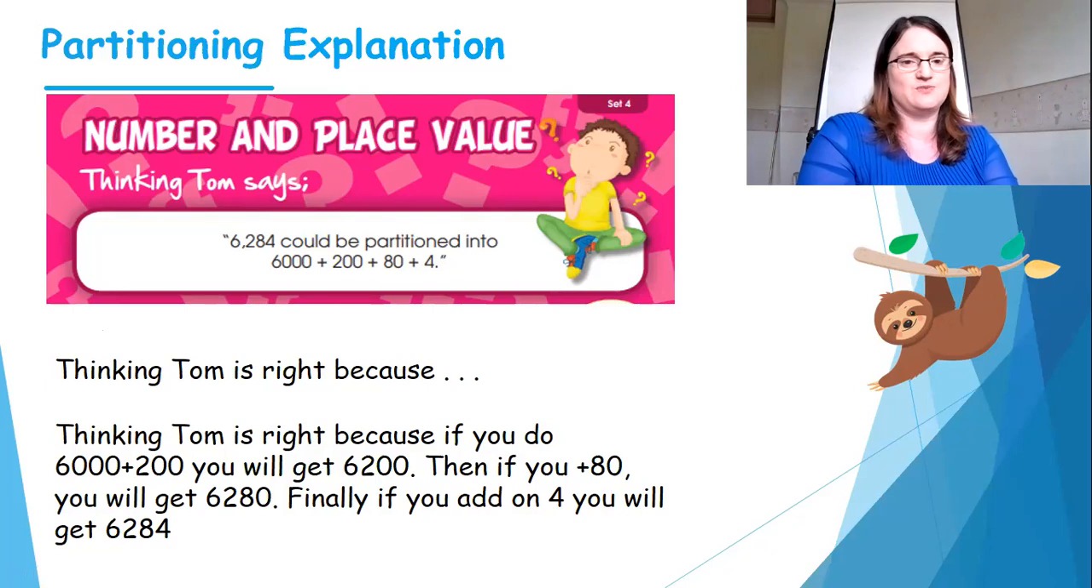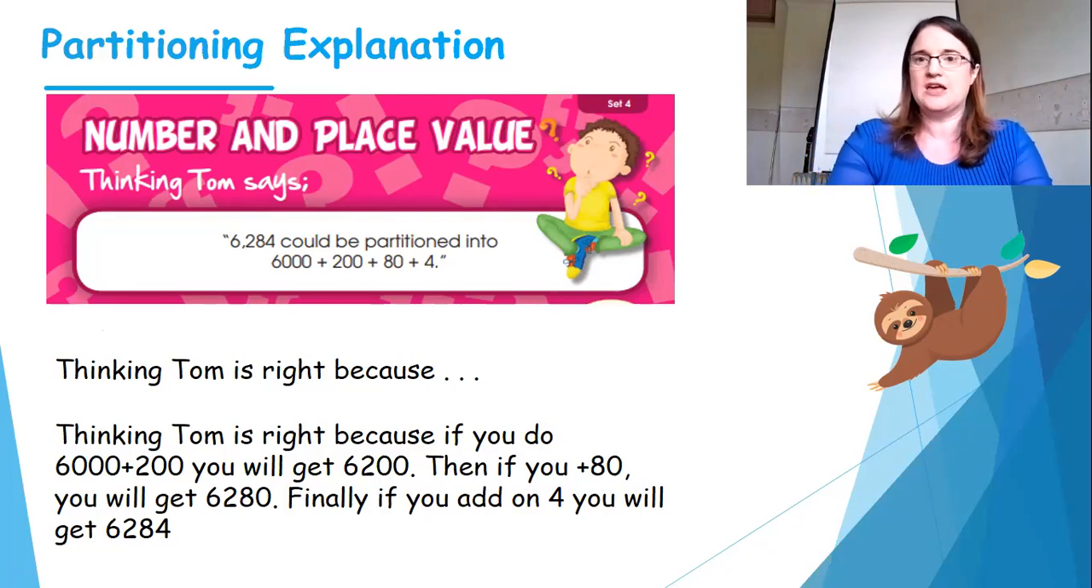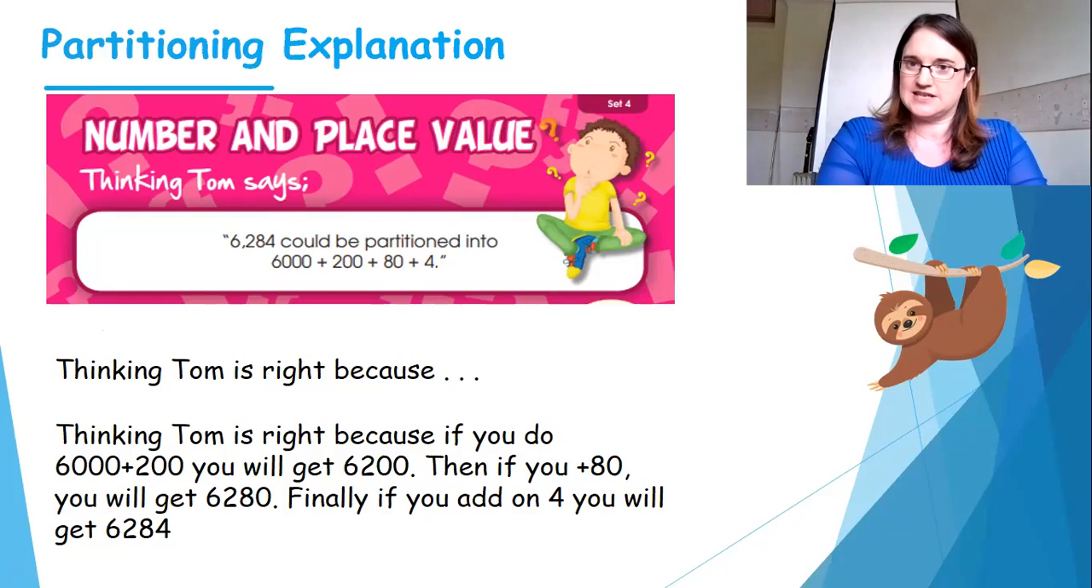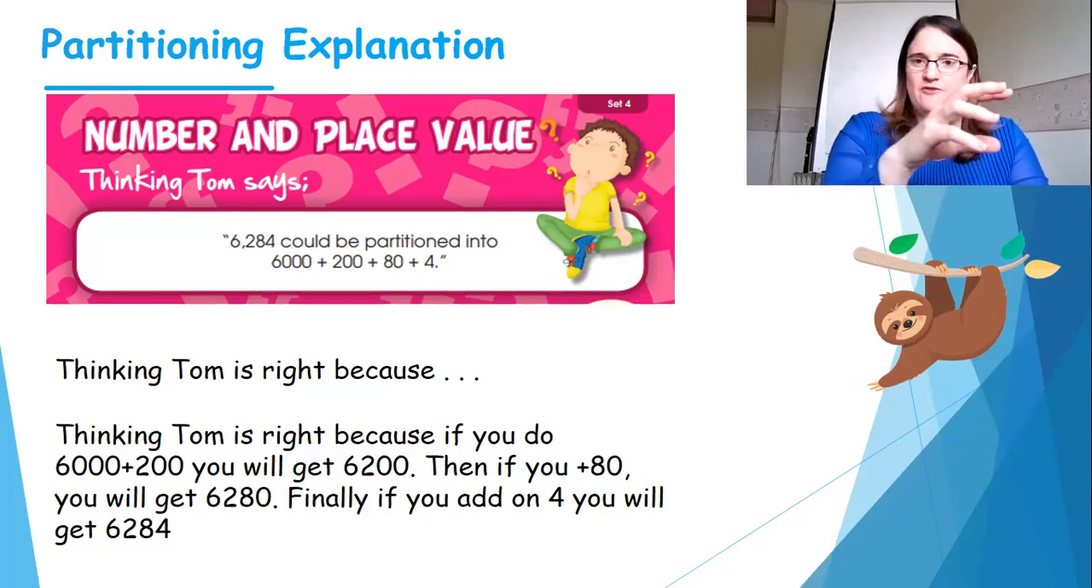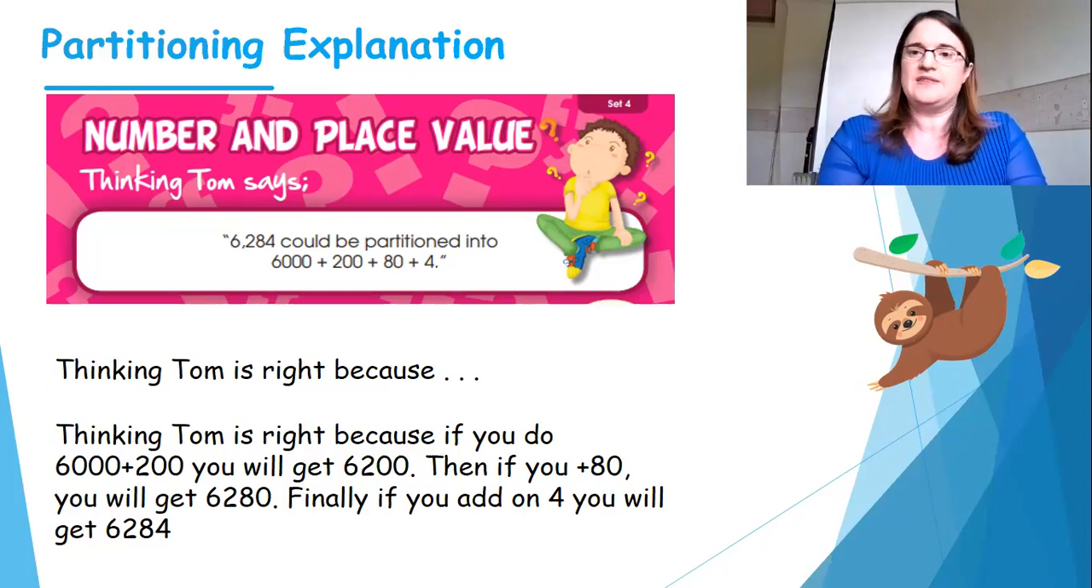So we've started this with Thinking Tom is right because. Then I've explained why he is right, because if you do 6,000 add 200, you get 6,200. Then if you add 80, you get 6,280. Finally, if you add on 4, you will get 6,284. So I've explained, yes, he is correct. And I know this because if I put those four numbers back together, they definitely make that original whole number of